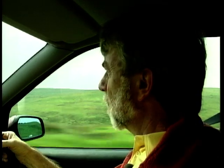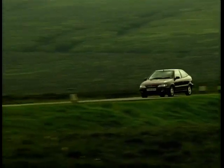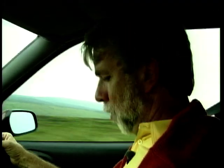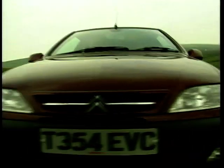Nevertheless, it's very quick on the road, feels very nimble, and it responds to steering input immediately. The interior feels very similar to the Xsara saloon. Seats are quite supportive and comfortable, though I have to say the choice of fabric design isn't my cup of tea. The car's pretty refined when you're tootling along, which is fine, and becomes nice and throaty when you put the